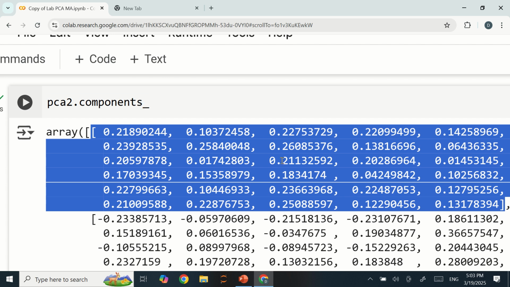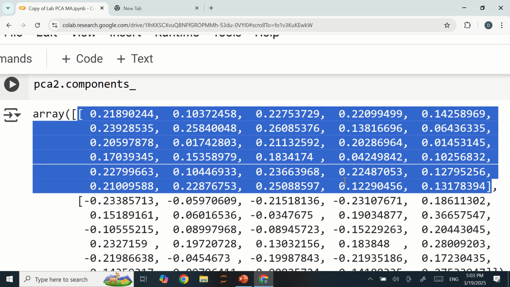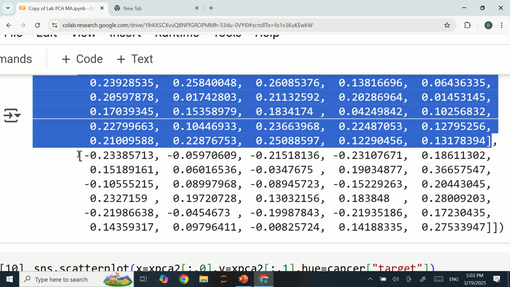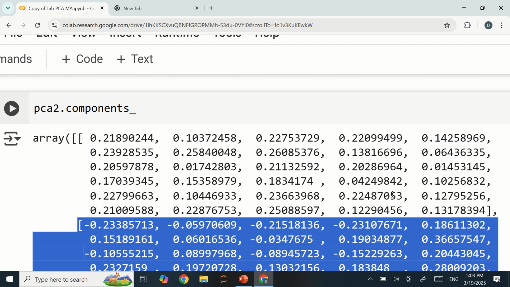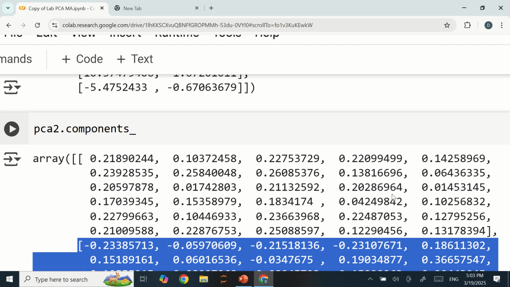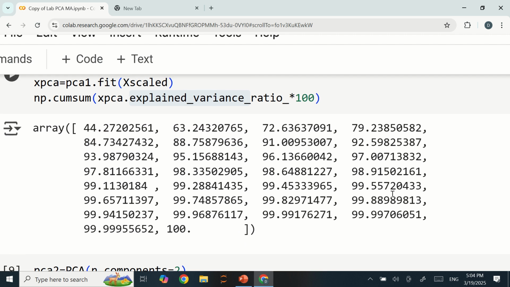So these are the weights or contributions or the coefficients, because at the end, remember that the components are linear transformations or linear combinations of the original variables. So in this case, scikit-learn is using these coefficients to transform the original values. This is for the principal component 1, and this is for the principal component number 2. All right, so once we have our two components, which will help us to see like 63% of the variance of the original data,